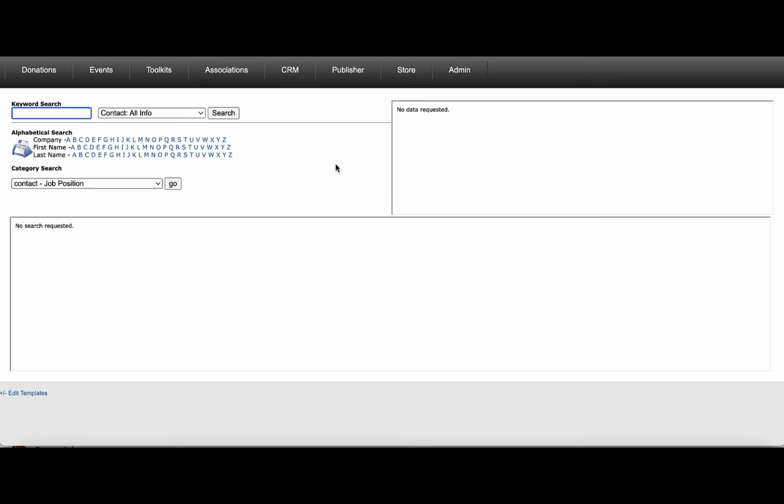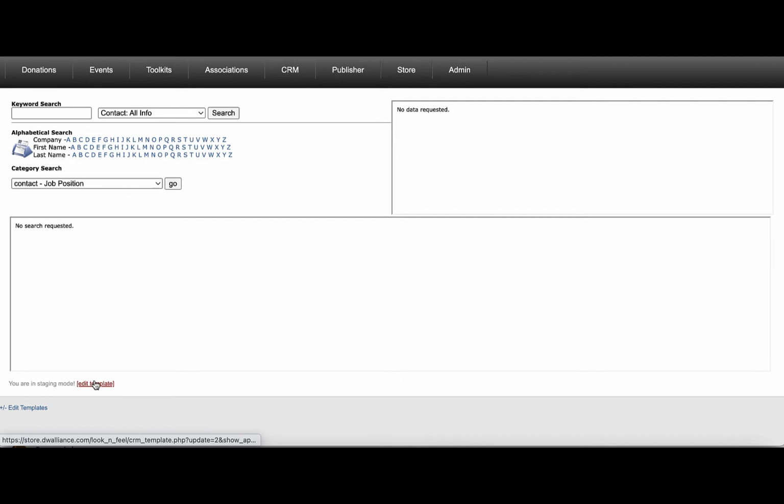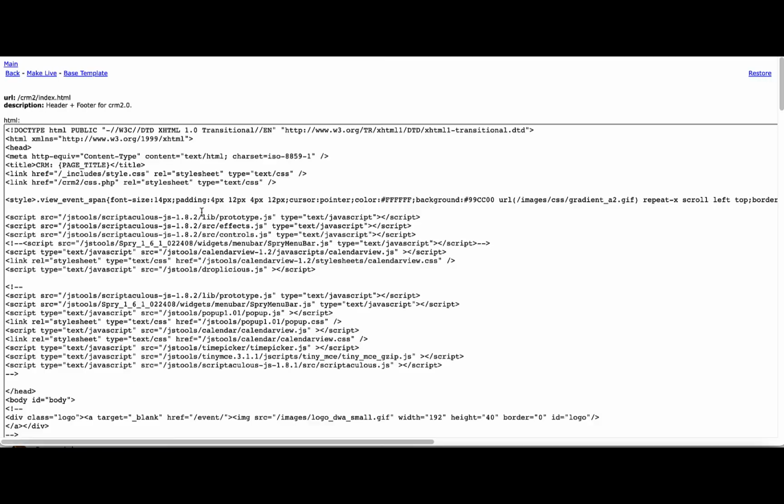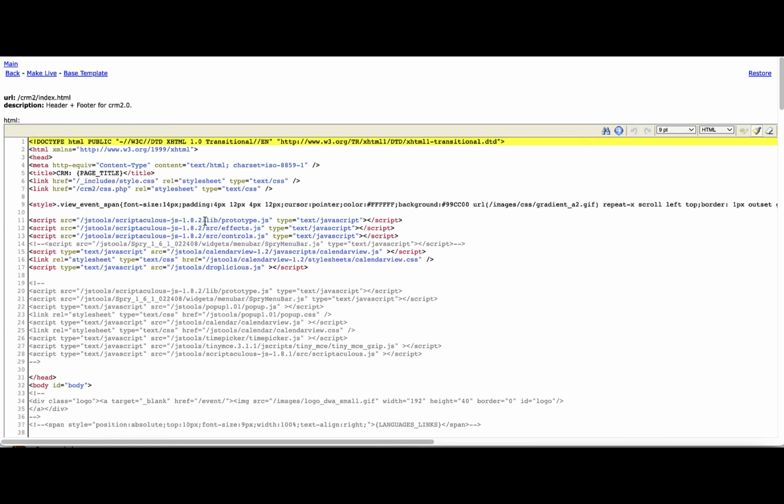So when you want to use the templates, it's a pretty straightforward process. You would just come inside the CRM, and if you're a template user, you'll automatically see these little links. Like here's an edit template right there, and then another one right there, right? And so when you're editing these things,